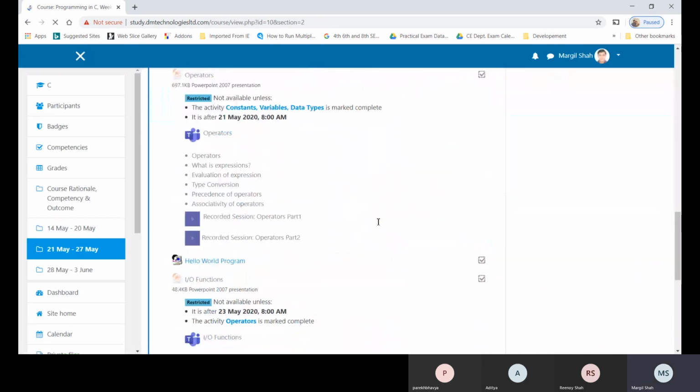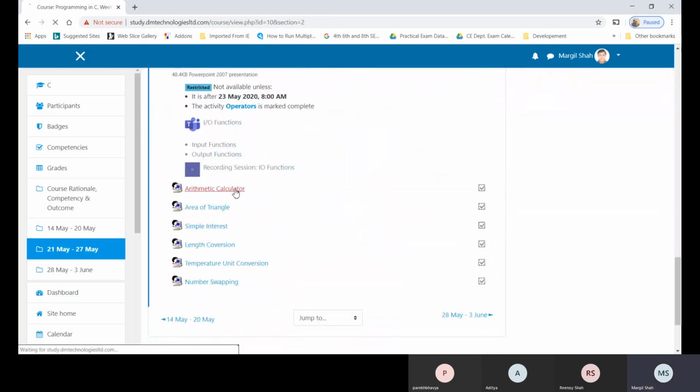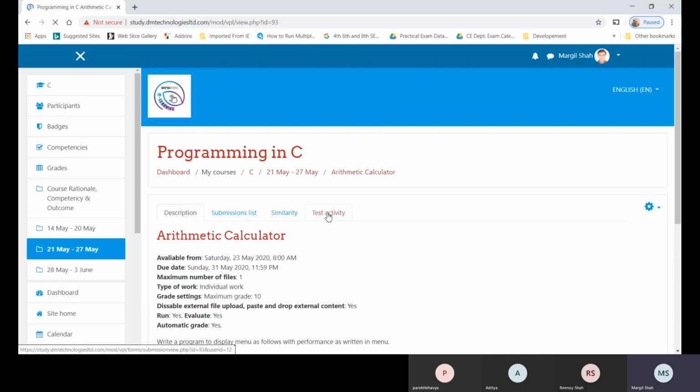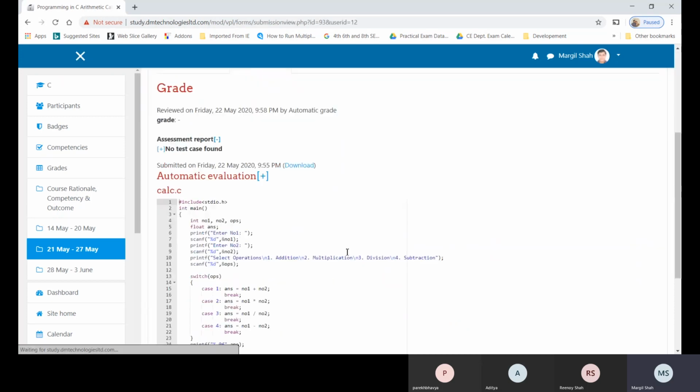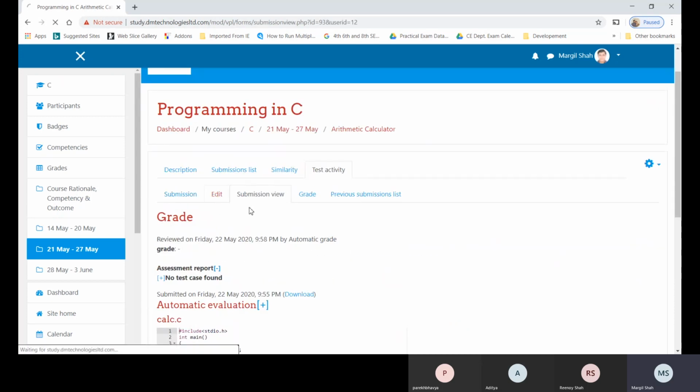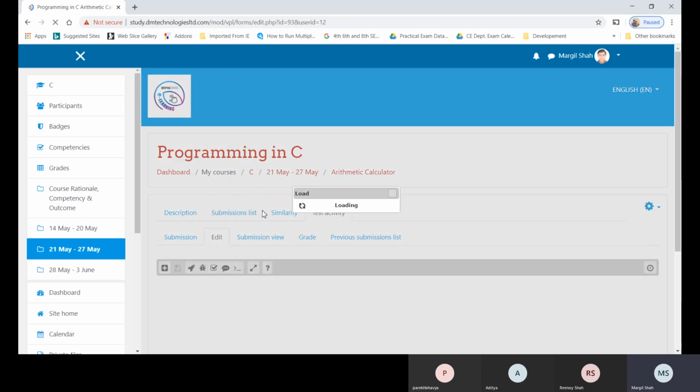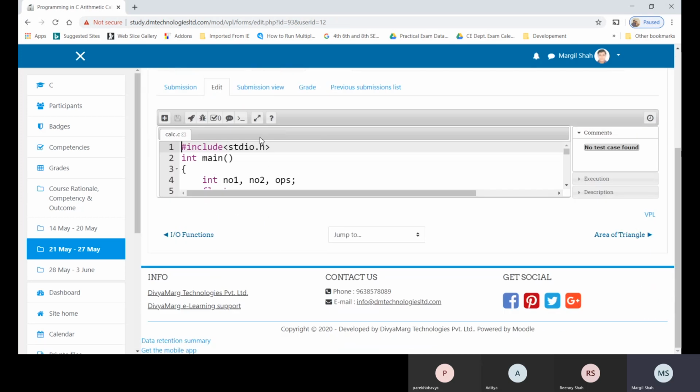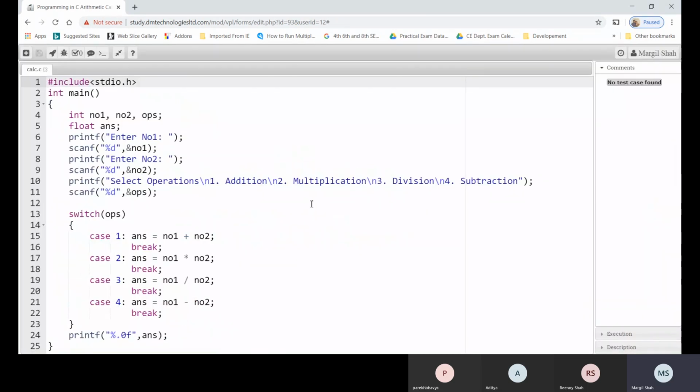Let us understand the same utility with the help of the second one, arithmetic operation. Again, in case of edit, this kind of code might not be with you right now, so don't feel that you don't have a code. Don't think like that. But this is the program for an arithmetic calculator.